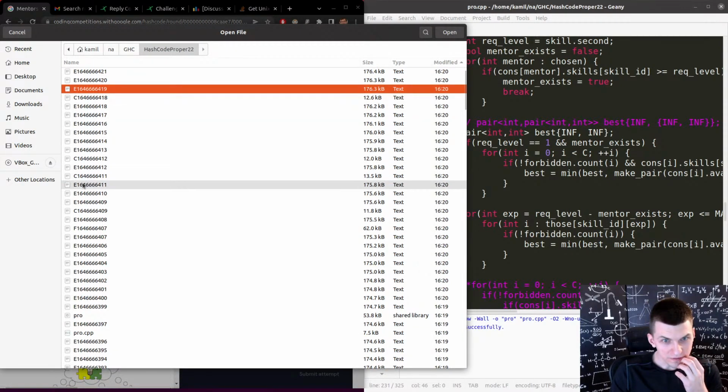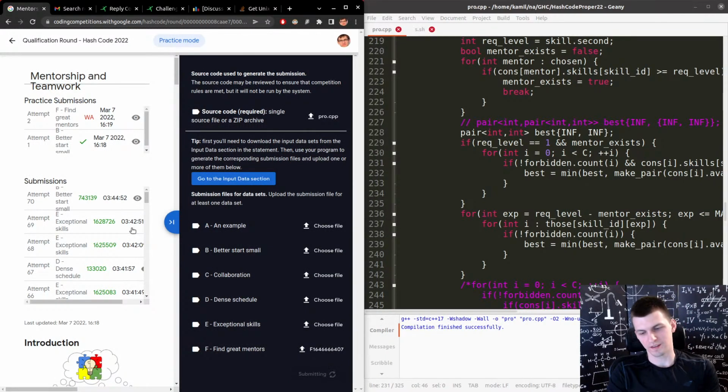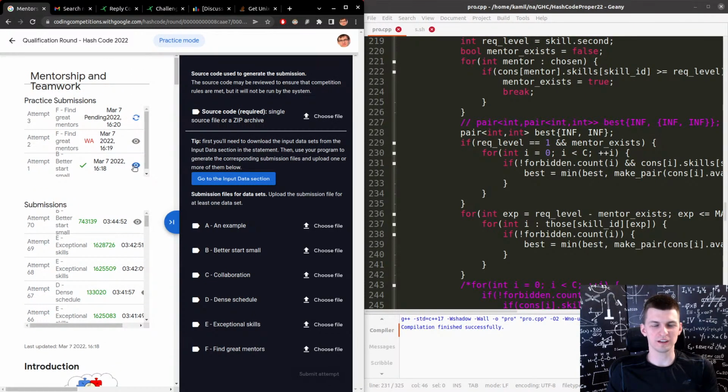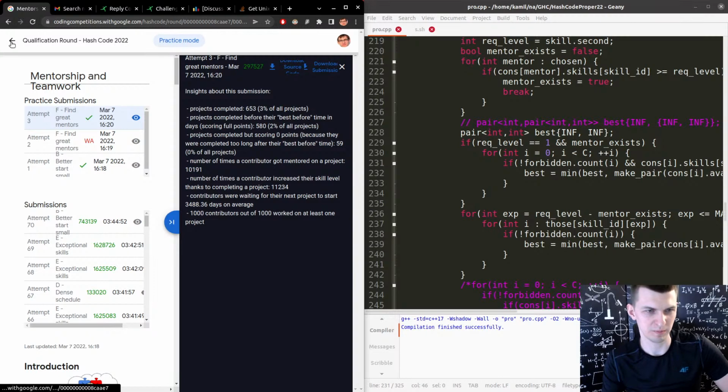Where's my F? Okay, so it's a small improvement. In B, I got a few tens of thousands, like 50,000 improvement. And here it's 200,000 or so. Yeah, almost 300,000. Still, it's far away from the optimal scores. People got way better scores.